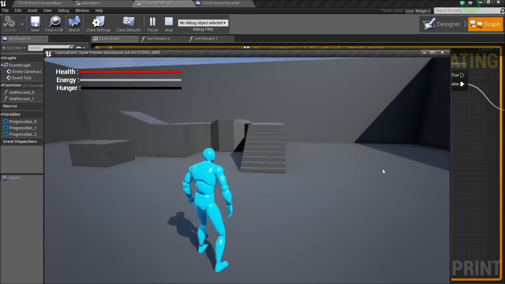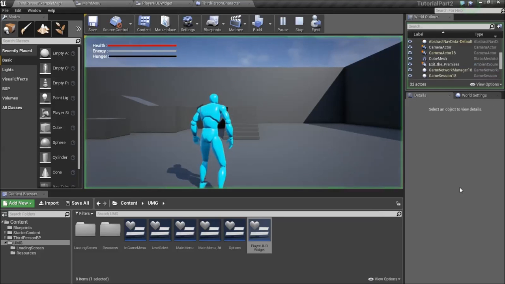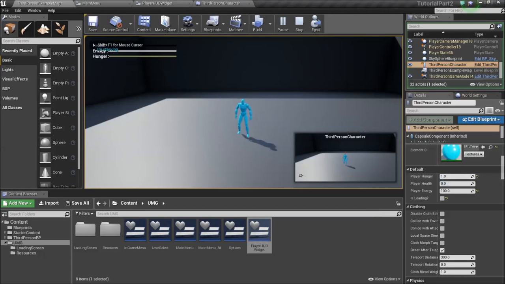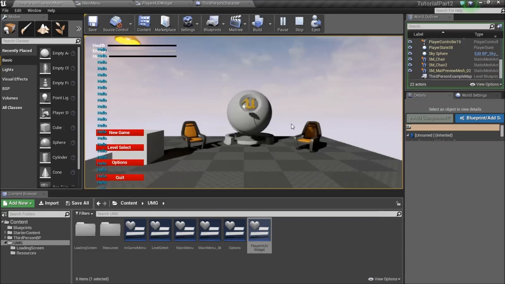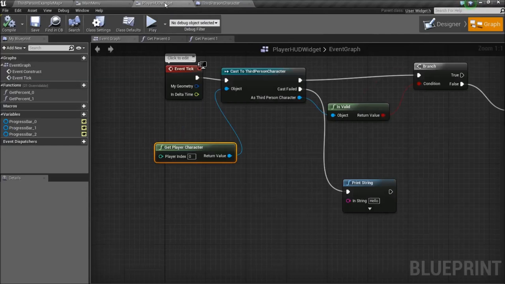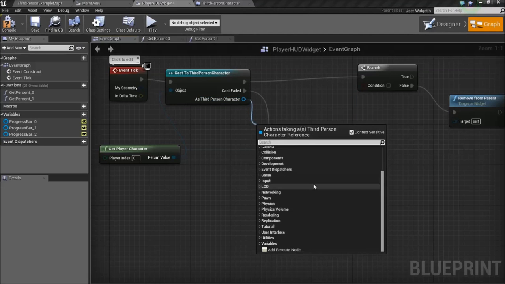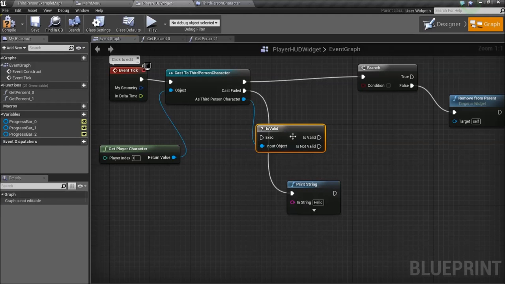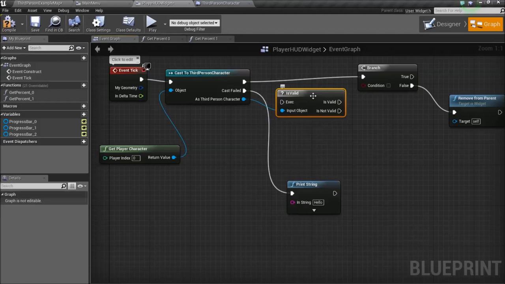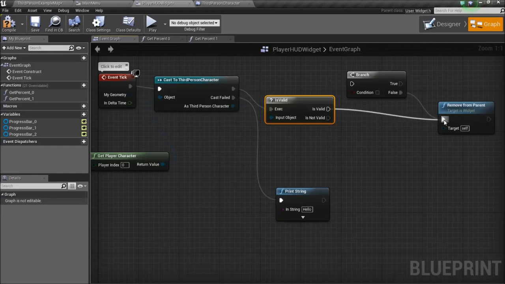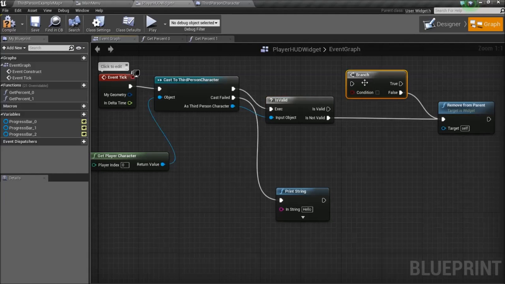Now it's casting properly. So what we want to do is we're going to press play here. We want to select third person character, set the hunger and health. Alright, so as you can see, the player is still there, then it will get deleted, and still not. It still thinks it's valid? Alright, so something's wrong here. So as the third person character, you want to see if it's valid. Okay. So execute this, and if not valid,